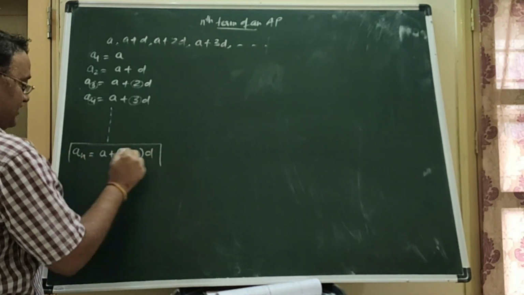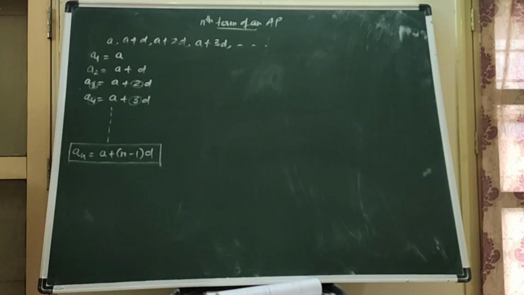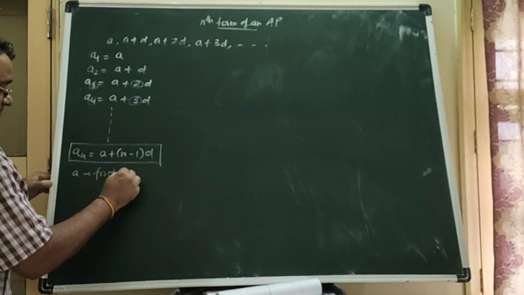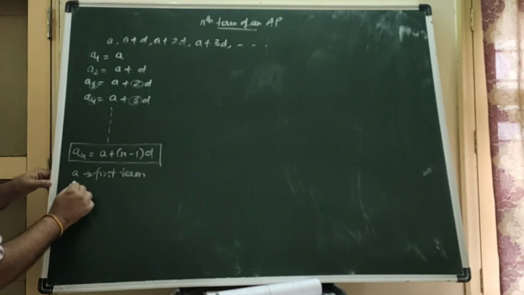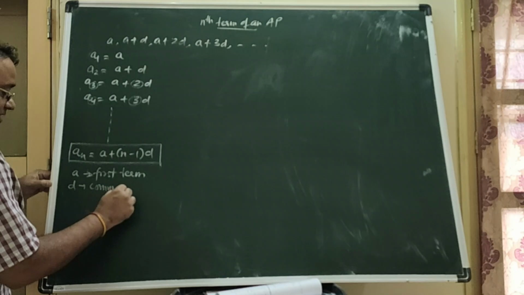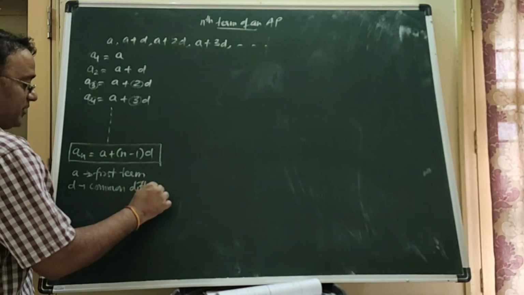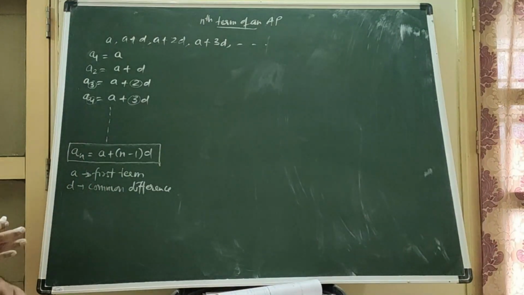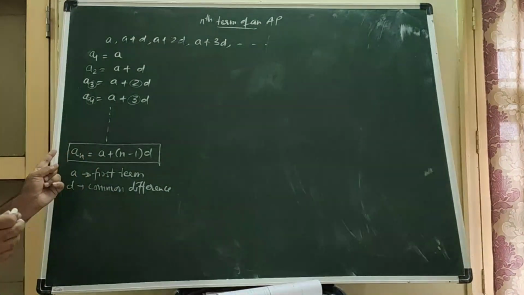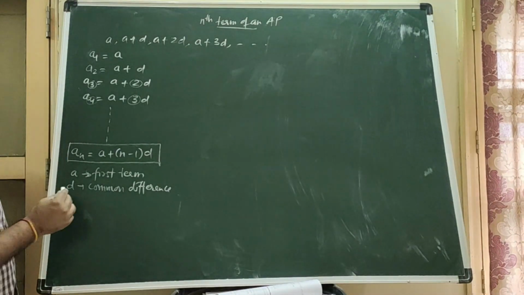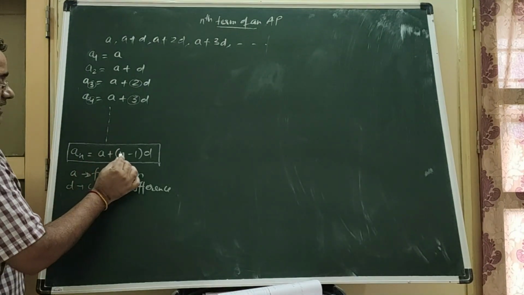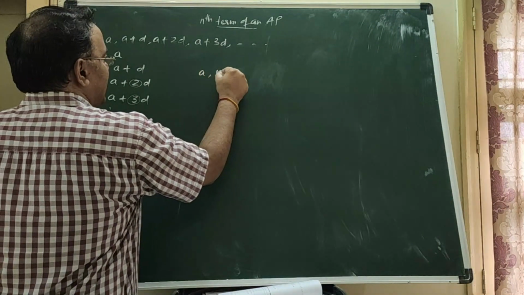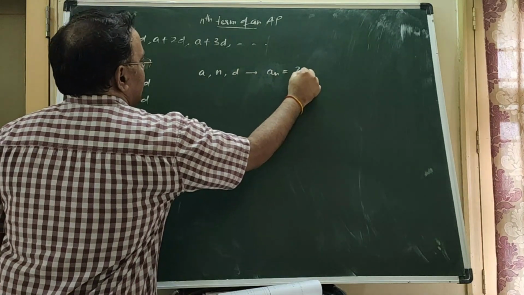This is the nth term of an AP or general term of an AP, where a is the first term and d is the common difference and n is the number of terms, right? अब इसके बेसिस में हम लोग के पास कितने क्वेश्चंस हो सकते हैं? So how many parameters are there? 4 parameters, an, a, n, d. तो एक फर्स्ट टाइप का क्वेश्चन हो गया कि अगर a and d दिया है तो an फाइंड करना है.